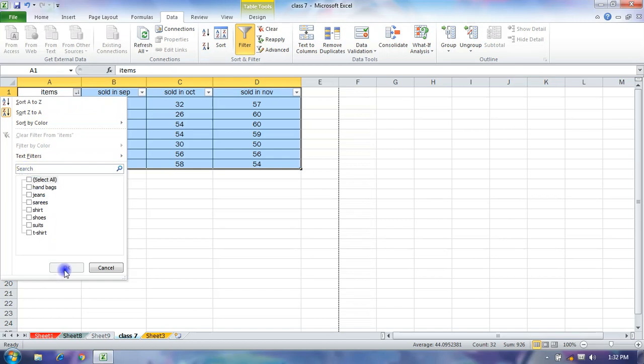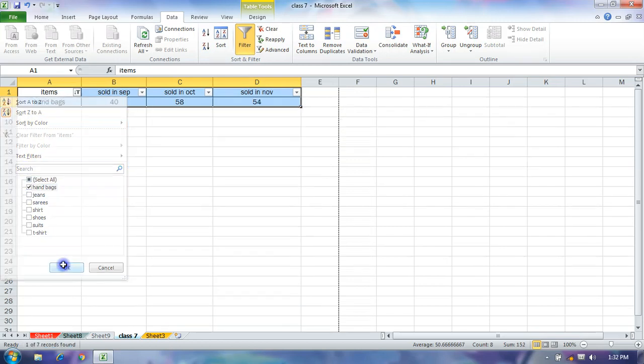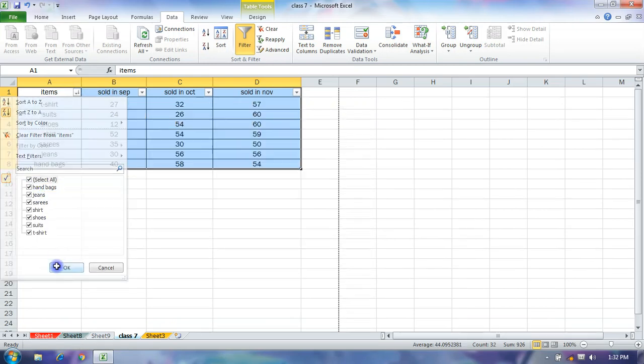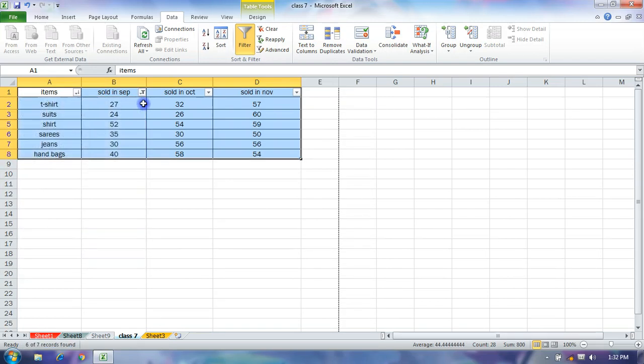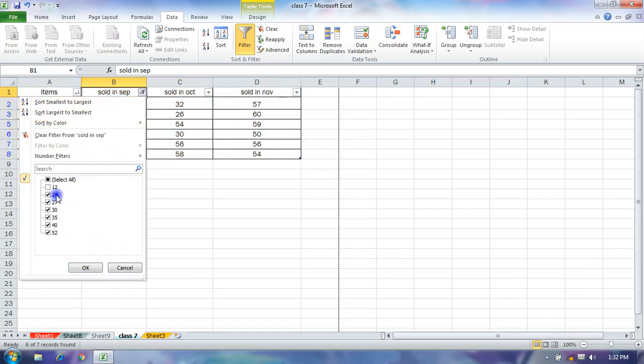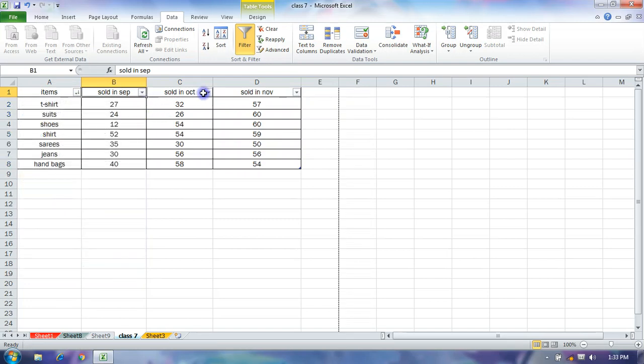Select All, or you can select from here, and whichever option you uncheck in the filter group, all content related to it disappears, column-wise or row-wise. The Clear option clears the filter.